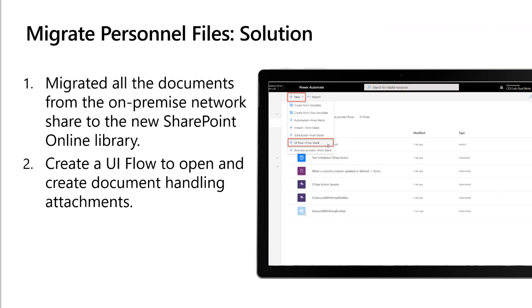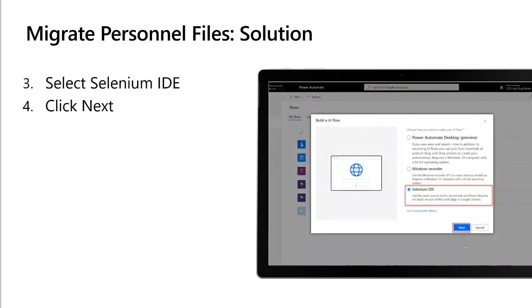So once they had finished that migration, then they created a new UI flow. When you're in Power Automate in the Maker portal online, you'll click that new button and then select UI flow from blank from that drop-down box. The next thing they did, in their case, they chose the Selenium IDE. You'll notice that when you're starting a brand new flow, you are given the option to use the new Power Automate Desktop, you can use the Windows Recorder, or you can use the Selenium IDE. And then you'll need to click that